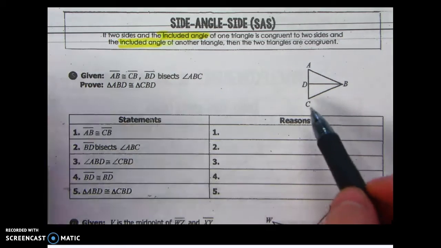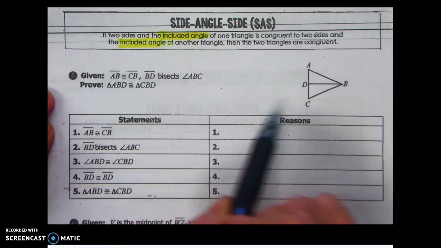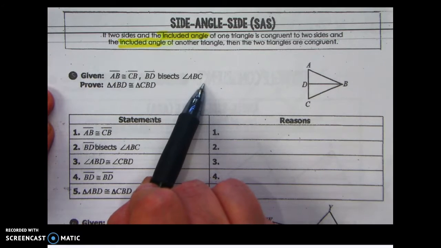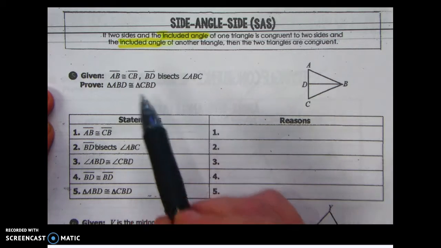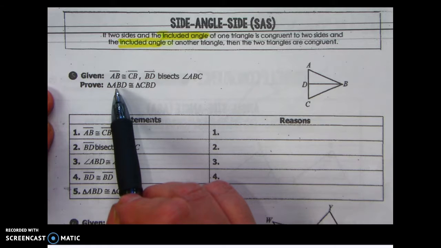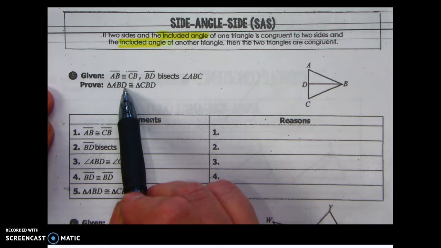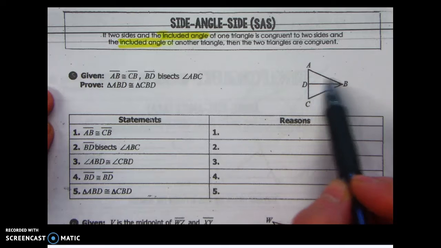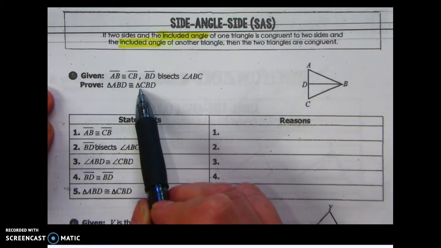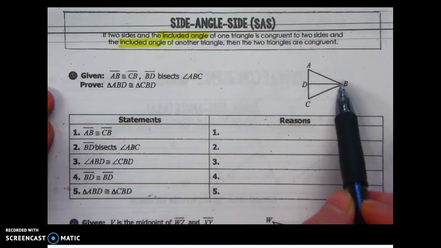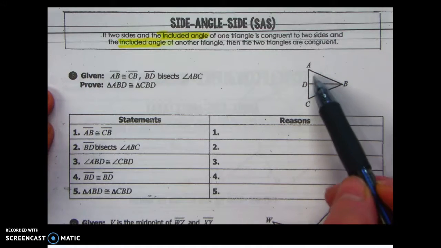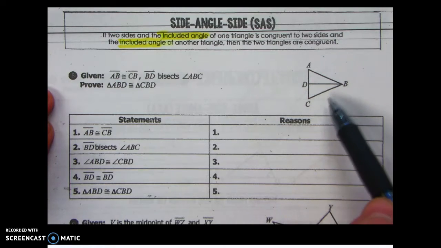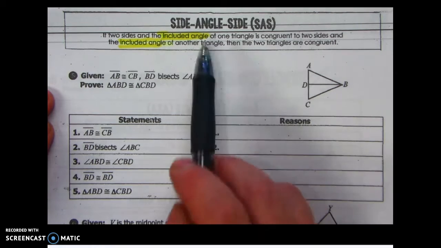Okay, so let's get started. First thing I do, always look at my given information and make note of where I'm going. So what I want to prove is that triangle ABD, this triangle, is congruent to triangle CBD, to this one. Okay, so I've got a great big triangle and then the two smaller triangles, and I want to prove that those two smaller triangles are congruent to each other,